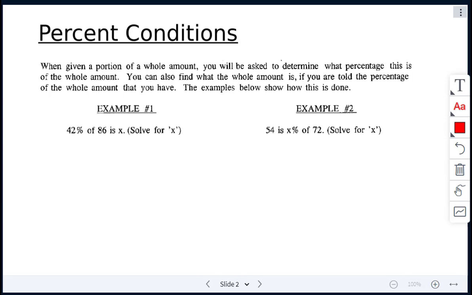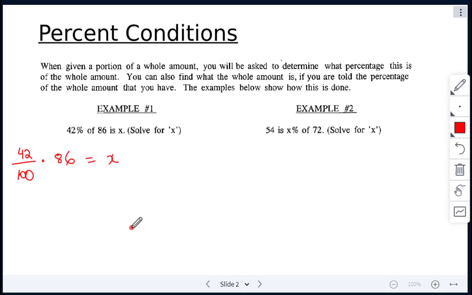You can also find out what the whole amount was if you are told the percentage of the whole amount that you have. So for example, if you were told 42% of 86 is X, and we need to solve for X. There's a couple ways you can do this. First of all, 42%, we know that's 42 out of 100. If we put that into fraction form, then we're just multiplying that by 86. Anytime you see a dot like that, it does represent multiplication,